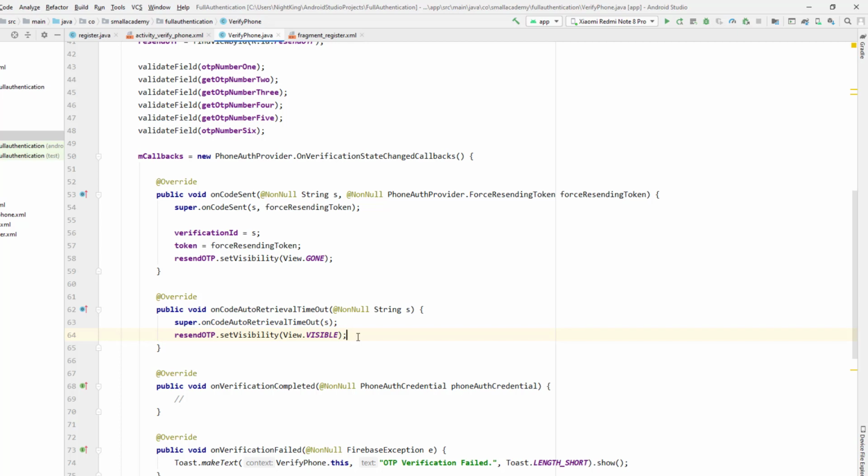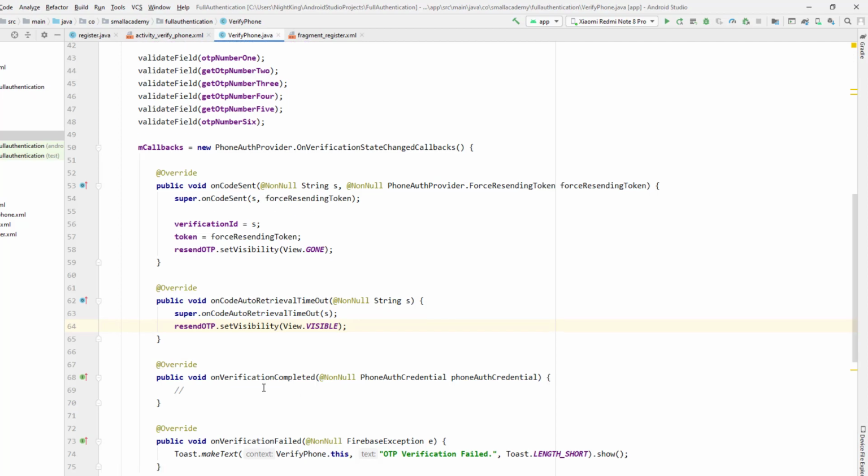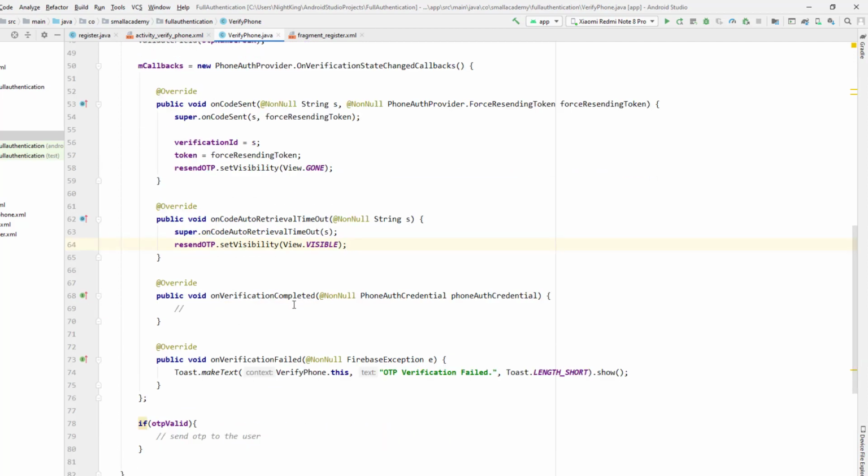So in case of onCodeAutoRetrievalTimeOut, we will let the user resend the OTP, and we'll make the resend OTP button, which is currently invisible in this XML layout, visible here using the code. And now if the verification is completed, there are some things we want to do, but before that